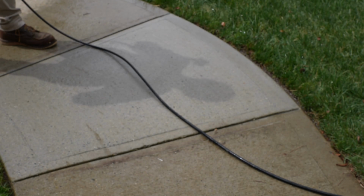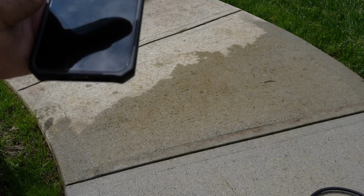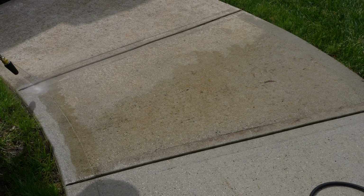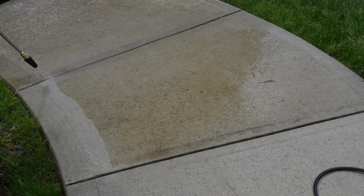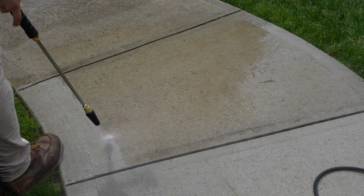Now we're going to test the 2400. We go again. It has 1.1 gallons per minute. Yes, you heard me. A little bit less volume, and it's rated at 2400 psi, 300 psi more than the 2100. But we're going to get into it right here, and one thing you'll notice, Harley was running the machine